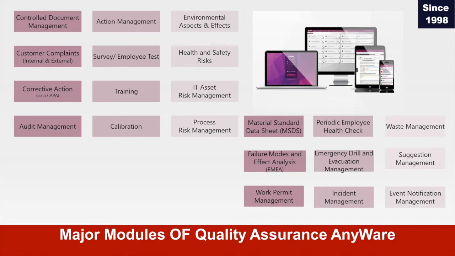For some quality management systems such as ISO, risk management became mandatory. It used to be optional, but now it's mandatory. And you can manage different types of risks on these modules for your processes, for your environment as a company, health and safety risk, and so on. We have a corrective action module, which is also very critical, just like other modules that we have on the screen, that basically helps you take corrective actions for continuous improvement. That is basically the goal.